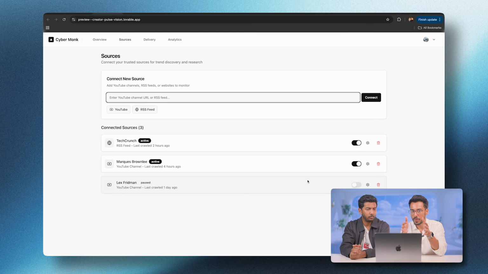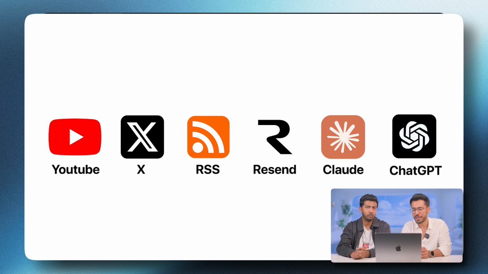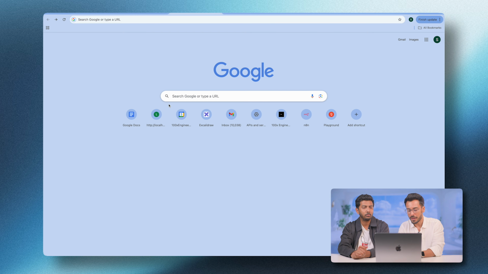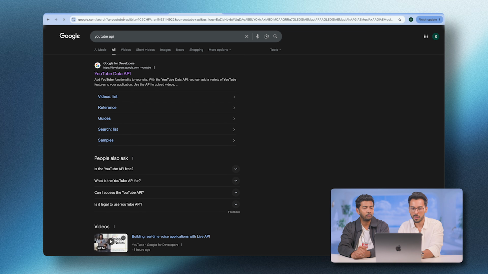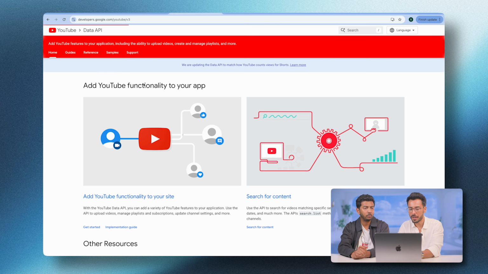So now what I'm going to do is follow the exact same process which we used to build the Claude backend, and I'm going to ask it to connect the APIs for YouTube, for Twitter, for RSS, and all the tools which we have. So here is a list of all the tools which we need to connect to our system, and I'm going to show you how to connect it with YouTube first. Now in order for us to connect with YouTube API, first let's create an account. So I'll go to YouTube Data API,